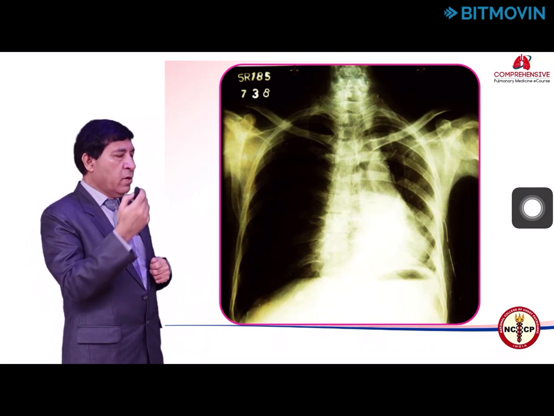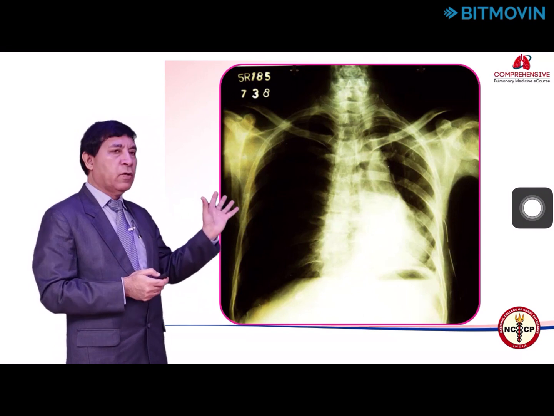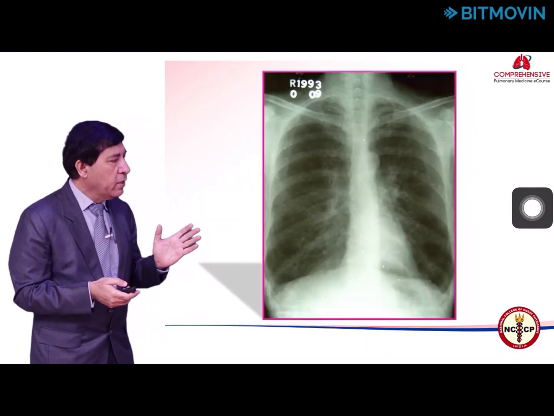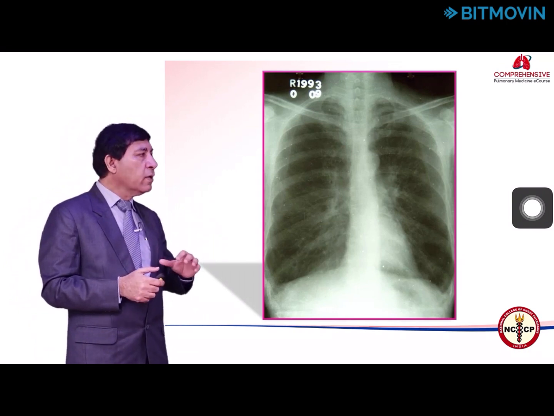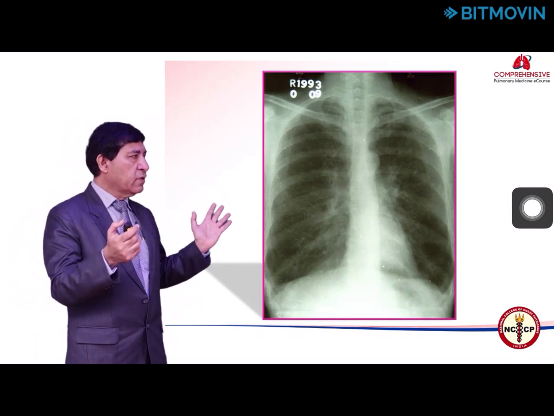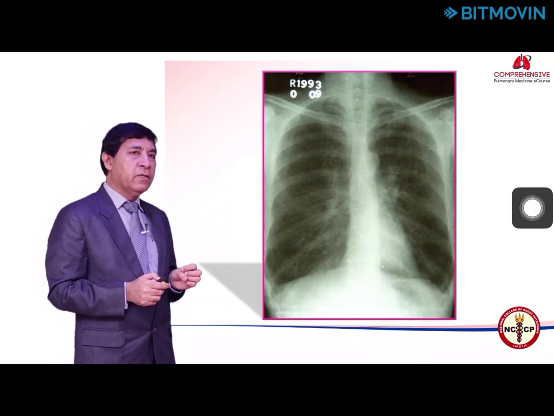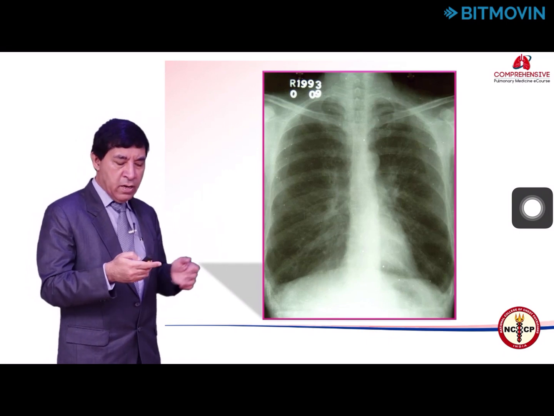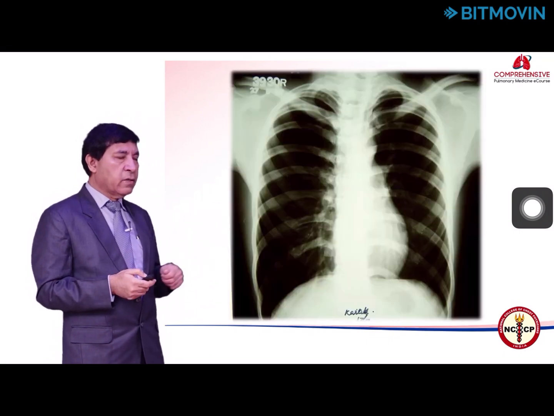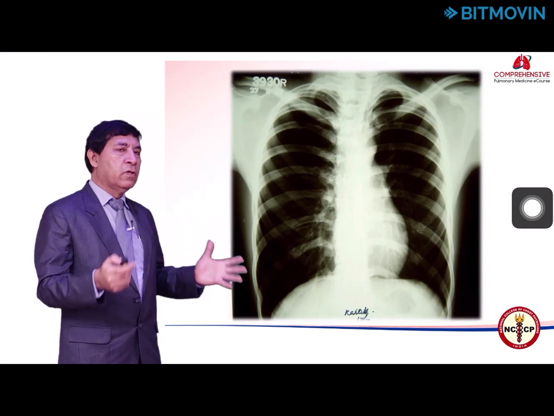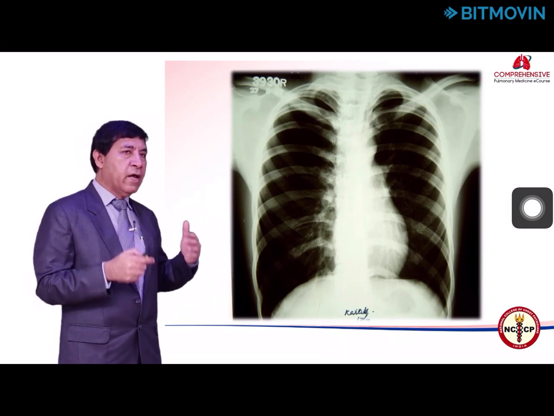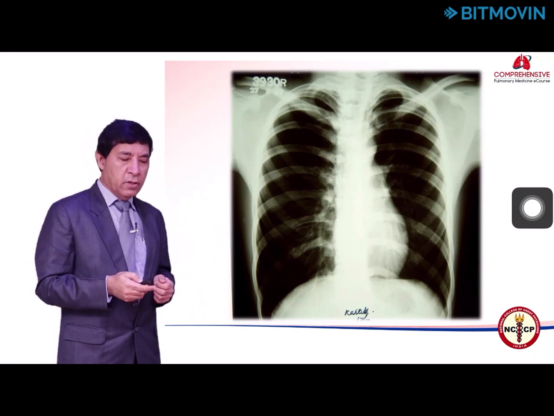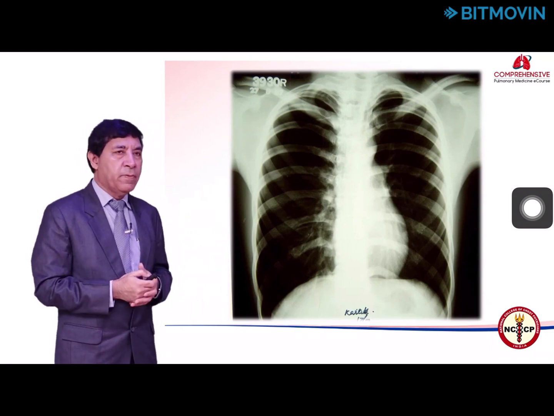So if you measure each hemithorax, the hemithorax on the right side will be much bigger. Similarly, if you see here, again, each hemithorax looks bigger. The diaphragms are low, the chest walls are out, and this is what we typically see in emphysema, where there is a significant increase in the compliance of the lung and the chest wall moves out. There is another case where you can see that both hemithoraces look very big, the diaphragms are down, the chest walls are out, again seen in a patient with emphysema, a typical barrel-shaped chest.